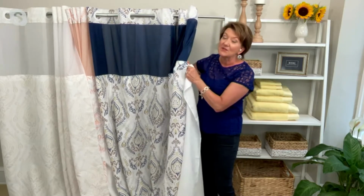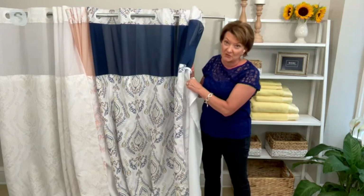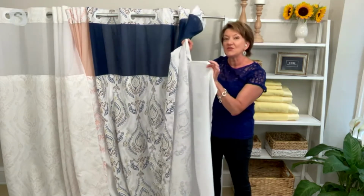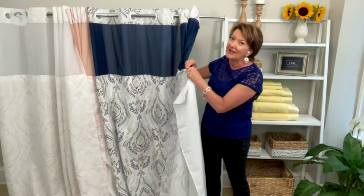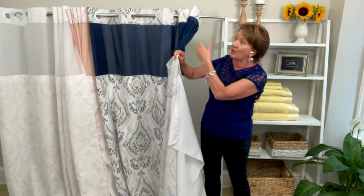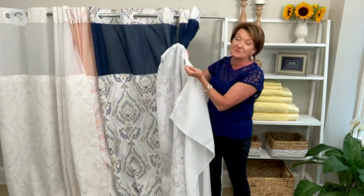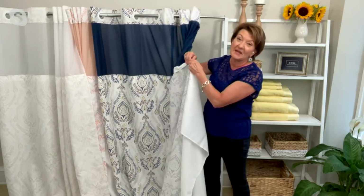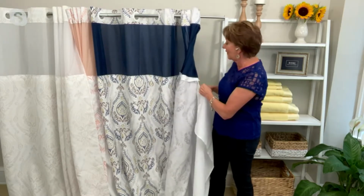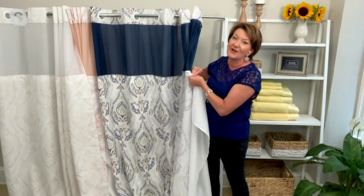I love that this is so easy. Once you put the shower curtain up, the entire thing is machine washable and dryable. But when you want to just wash the liner, this is down at a level you're not reaching above your head. And even when you are, you're not reaching up very far if you want to wash the whole thing. But look, this just snaps out, and then I can just put this in the tub if I want to with a little soap and water and rinse it out and hang it up. I can also put it in the washer and dryer. So I'm able to get all of that disgusting soap scum off of there